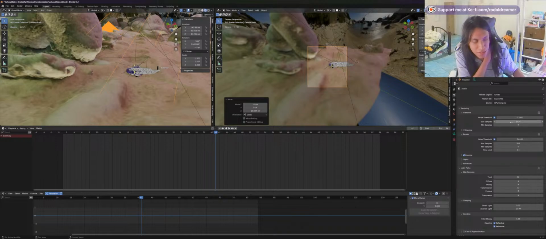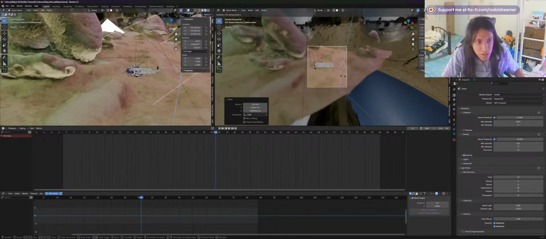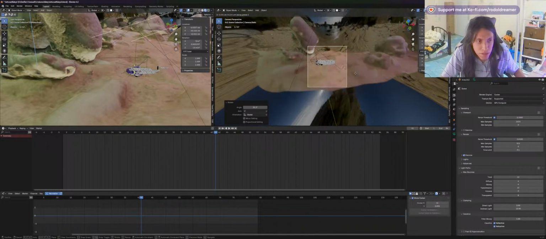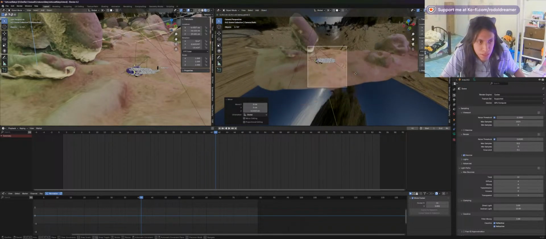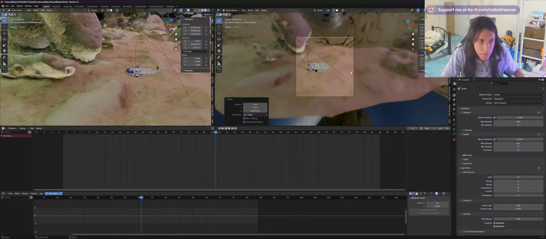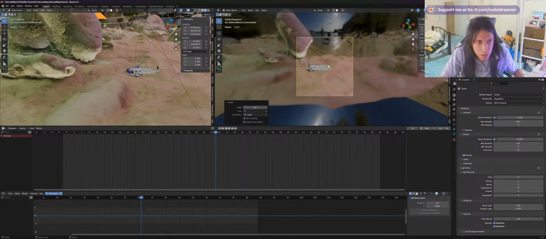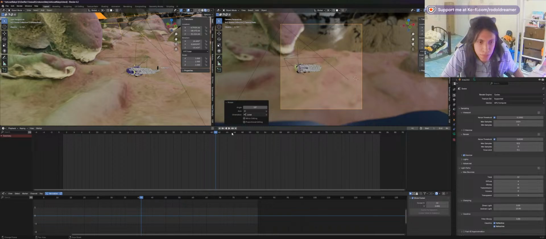I need to change the render settings on both cameras, which I don't enjoy. That's something that I enjoy on Unreal. Like I have two different. I know that that's not what you do normally. You shouldn't do something like that, but